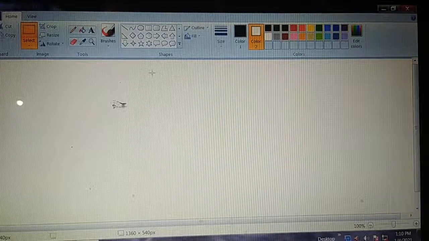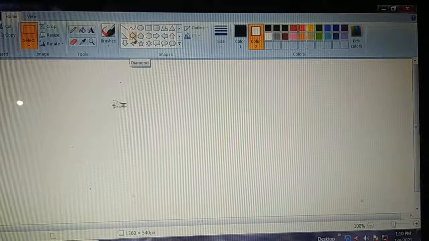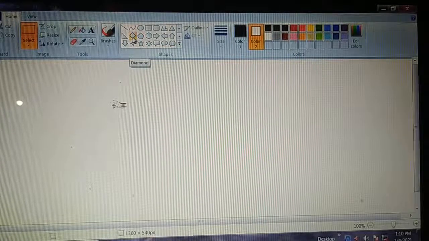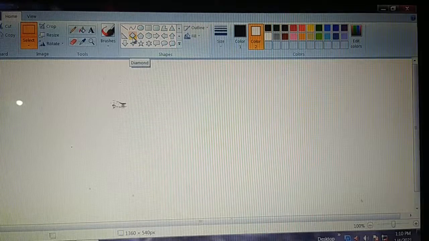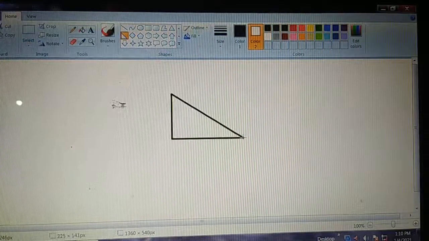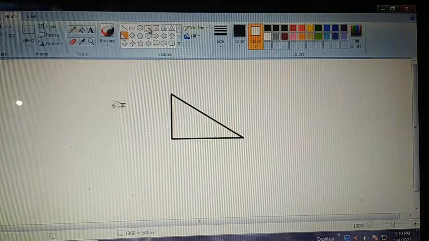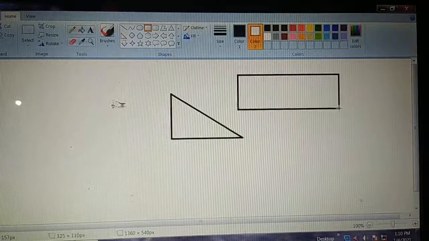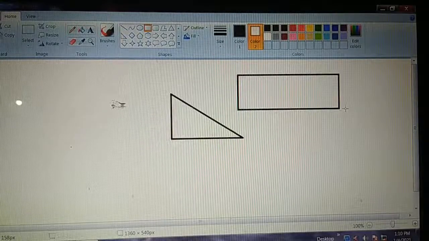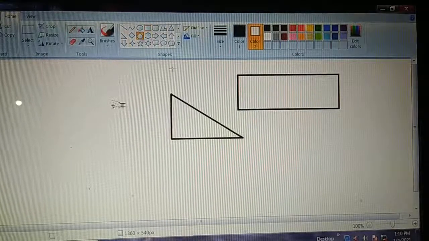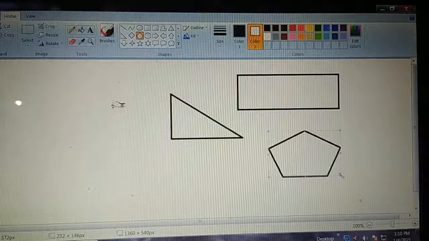So polygon, you know, is a shape which has more than two sides, like this triangle with three sides. Then this is a rectangle, and this is a pentagon.